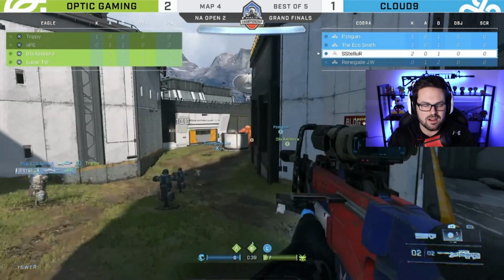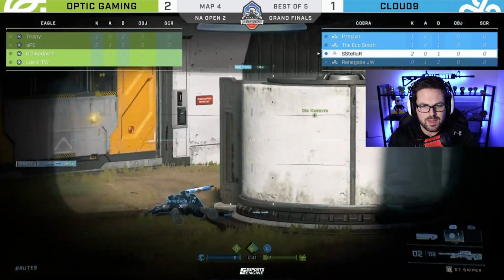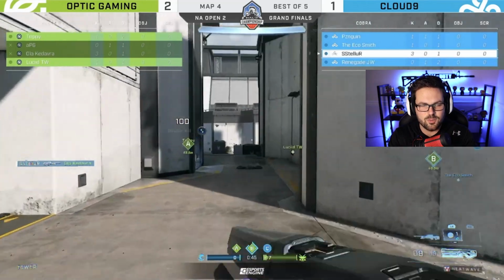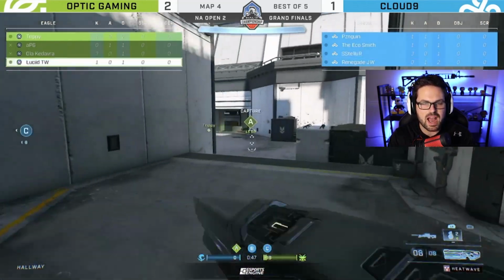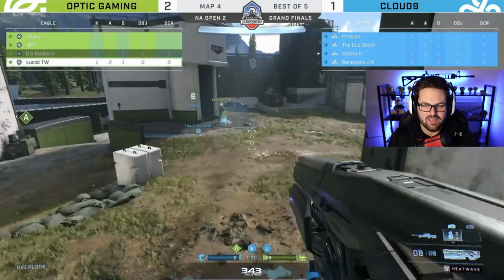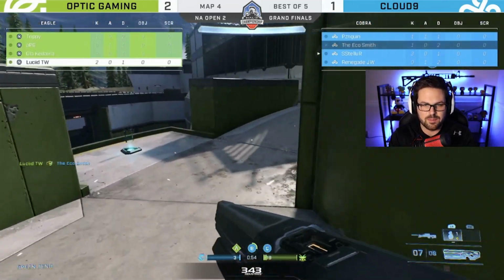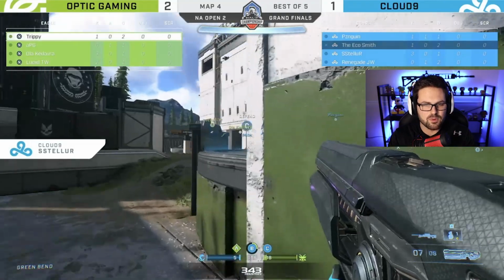Stellar has it right here. He's able to hit 2 shots on APG. There's another one as Pistola goes. He was lit. Stellar gets a 2-piece, and that is exactly why it is so important in Halo to get the overshield, to make sure you have the shotty or the sniper, because you'll even see a couple more kills